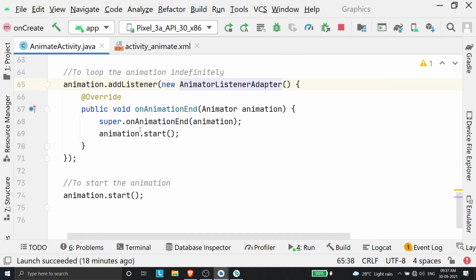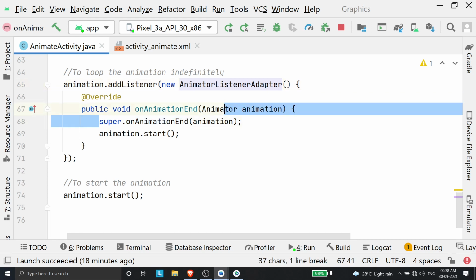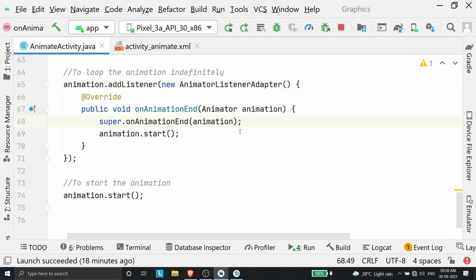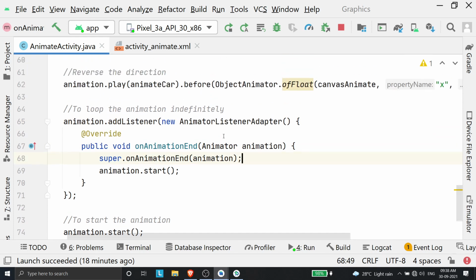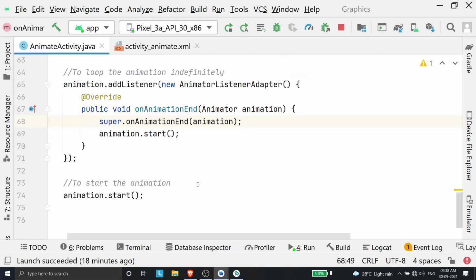So inside that, what you need to do is first you need to specify the constructor. Like super means that it will go to the super class, and on animation end of animation, that it means that the animation has ended. And now on the animation's end, I need to restart the animation. So the listener is listening for the animation's ending event. If the animation has ended, it will again start the animation. So animation.start appears again. So this will basically loop the thing again and again. So once the animation is started, it will sometime end. Once it's ending, this add listener will fire, and then the animation will start again. So this goes on indefinitely.